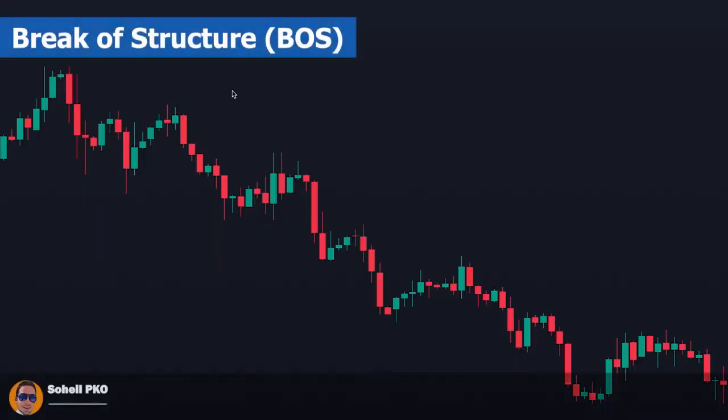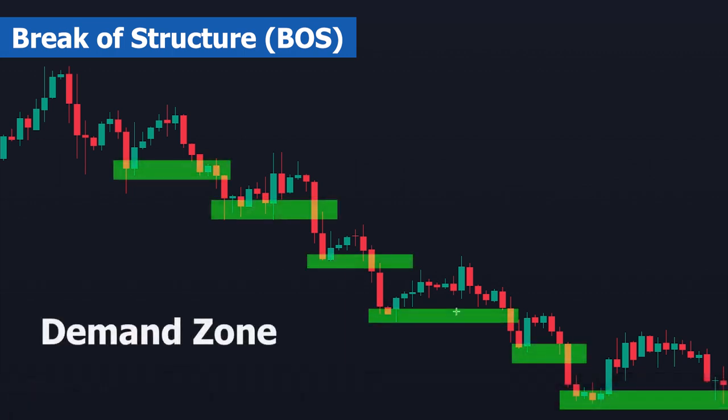The next concept is break of structure. As I explained previously, when the market is trending, it's either trending up or down. When the price is trending down, we have lower highs and lower lows, and each of these lower lows creates a demand zone during the pullbacks. This means when the price reaches this zone, we expect increasing demand and probably advancing of the price, and when it's broken, it's a break of structure,